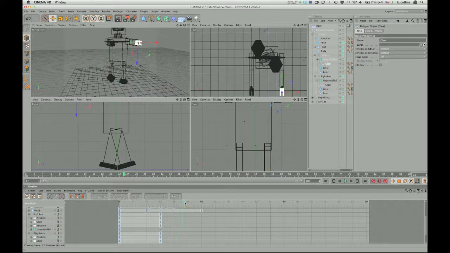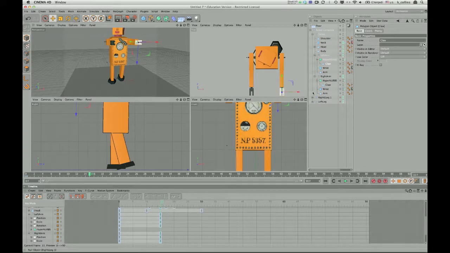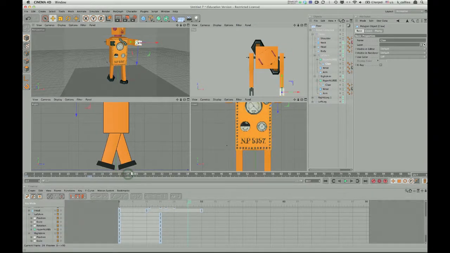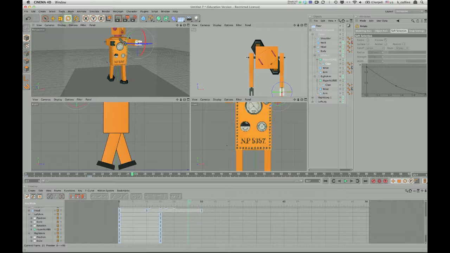So I'm going to go to frame 15, and at frame 15 on the left arm claw I'll make a keyframe. Then I'm going to move out here to 25, and on 25 I'm going to select my rotation tool,